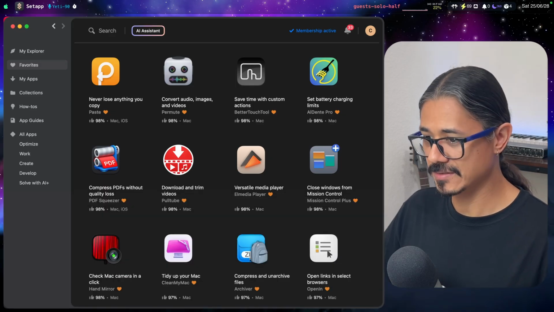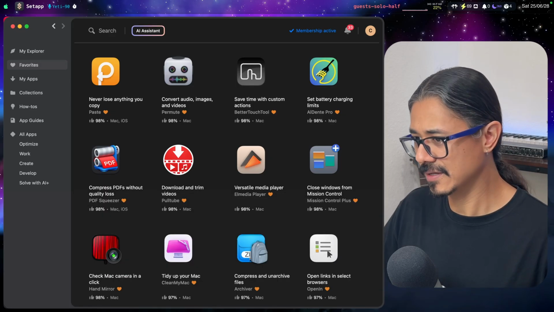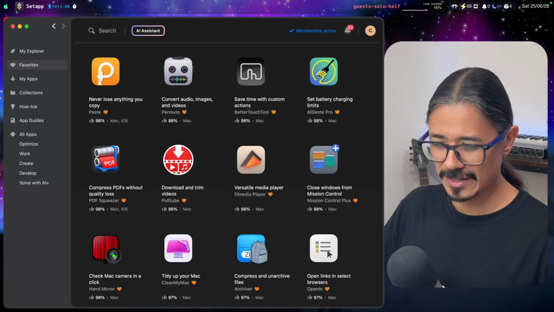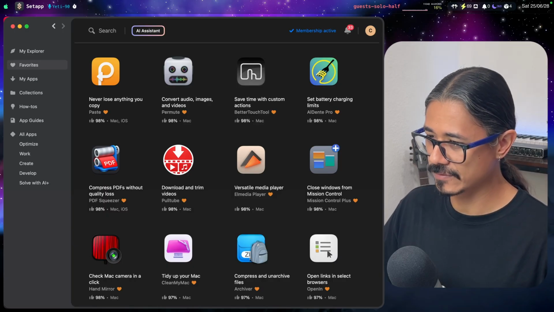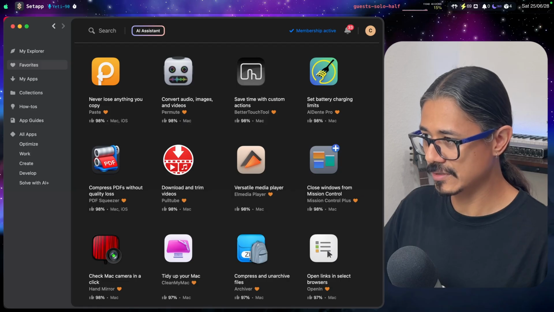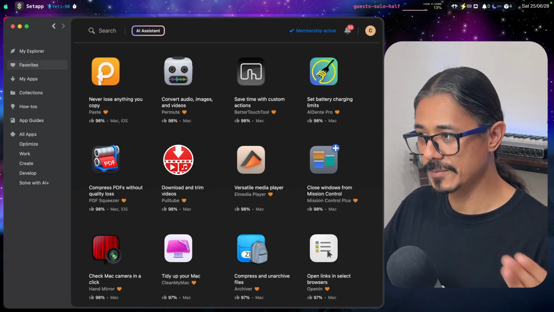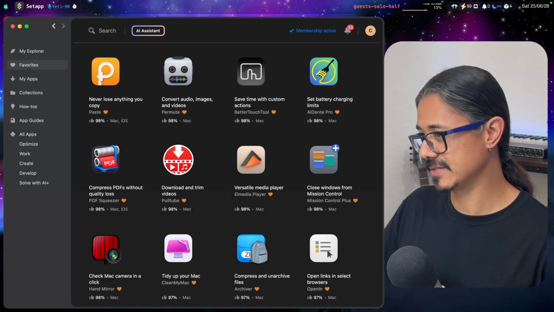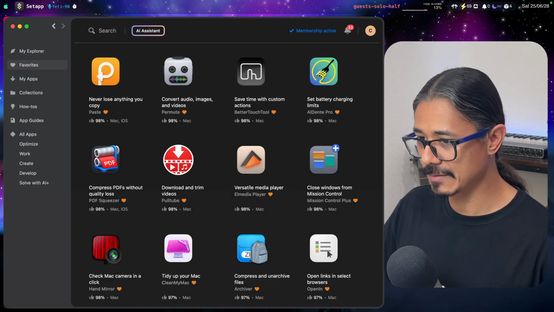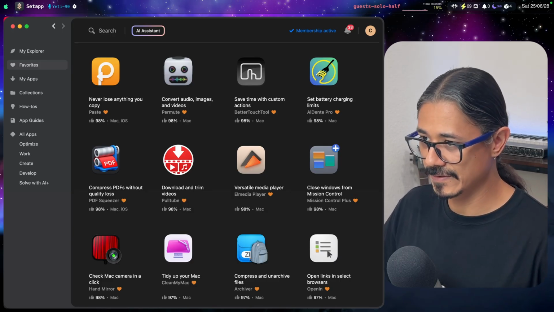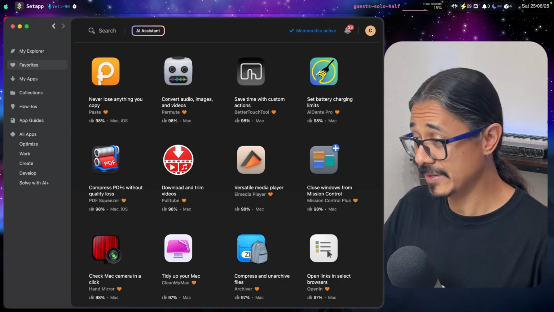But I know what the comment is going to be down below. But Raycast has a clipboard manager as well. Yeah, it does. I used it for a long time. I don't remember why I prefer Paste over that Raycast clipboard manager, but that's what I use, as it's already included in Setapp. If I wouldn't pay for Setapp, I wouldn't pay for the Paste application by itself. I would probably try the Raycast one and see if it works or not, but since I'm paying for Setapp,